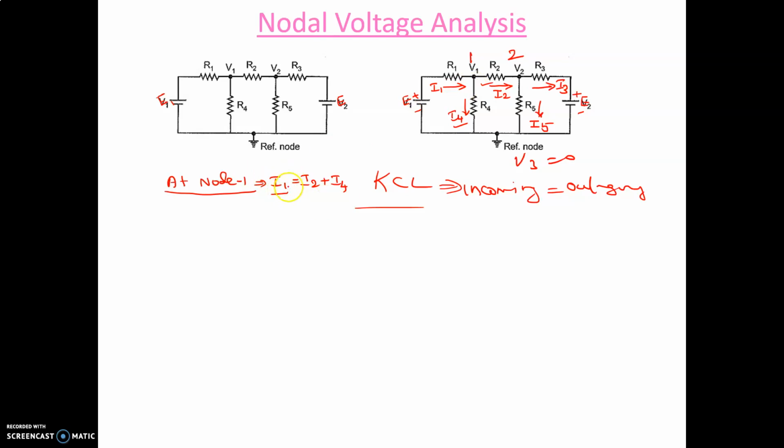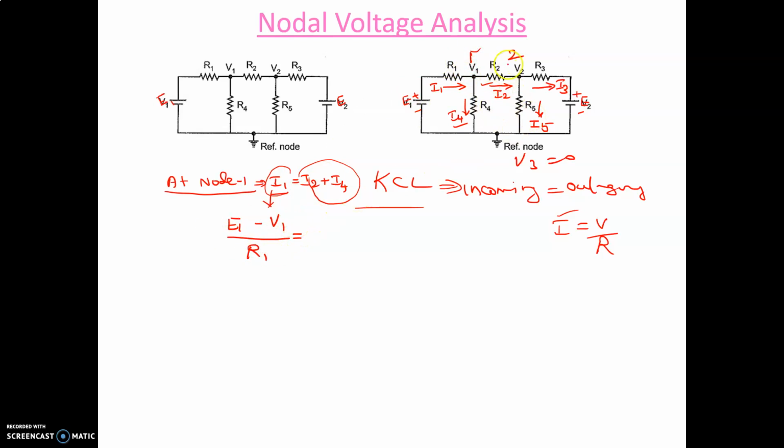So the sum of the incoming current is equal to the sum of the outgoing current. What is I? I is equal to V by R: the potential difference divided by resistance is equal to the current. I need to find the value of I1 here. The current is flowing like this, so I1 can be written as E1 minus V1, that is, this potential minus this potential, E1 potential minus V1 potential divided by R1, which is equal to I2.